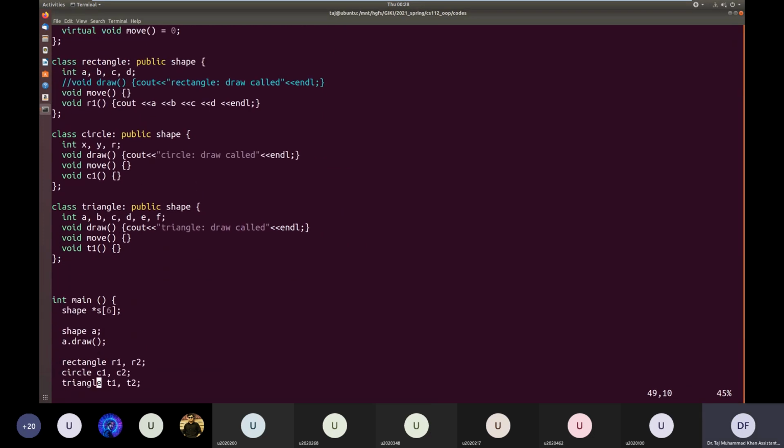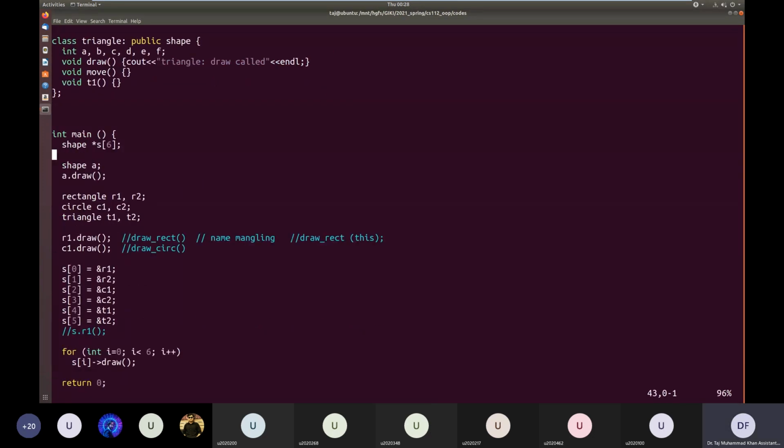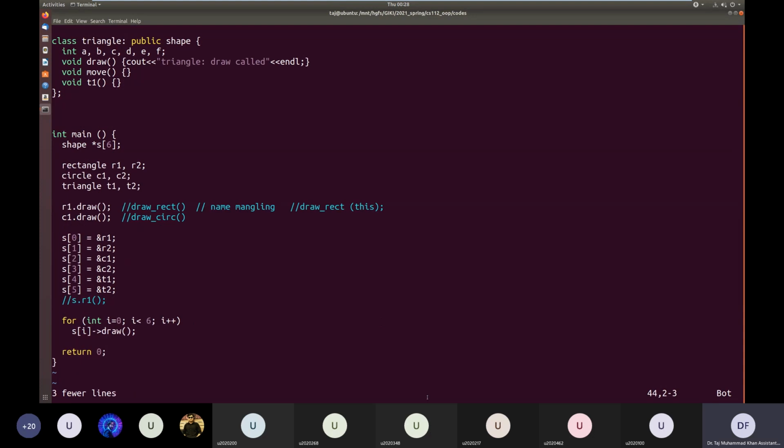So let's go down. We remove the shape objects. Let us first declare it without rectangle, and here we'll just make it C1, C2, so that it doesn't give us an error. Let's compile it.